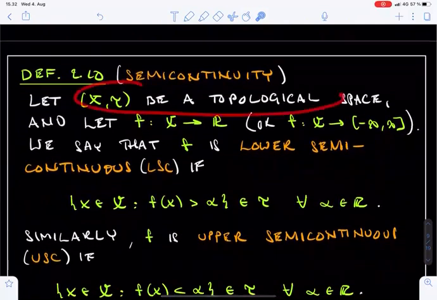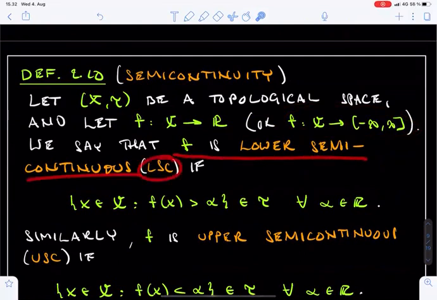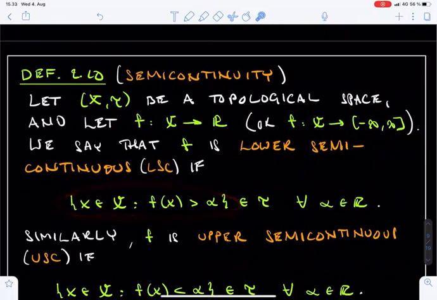Let (X, tau) be a topological space, and let f be a real-valued function on X, or possibly a function which is also allowed to take the values plus or minus infinity. This function is called lower semicontinuous, abbreviated LSC, if the superlevel sets of f are open.